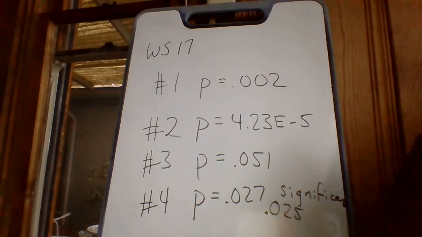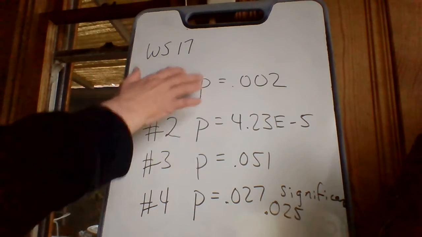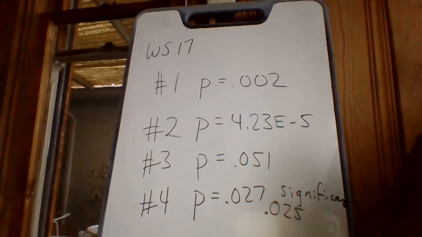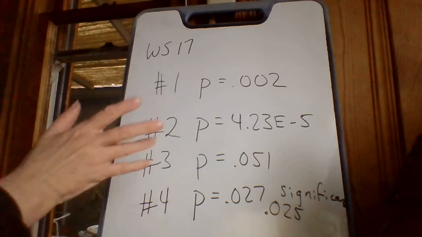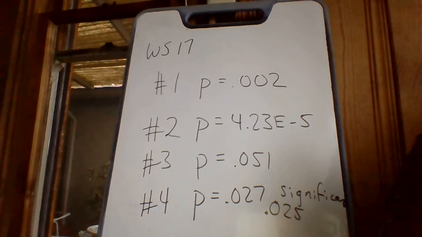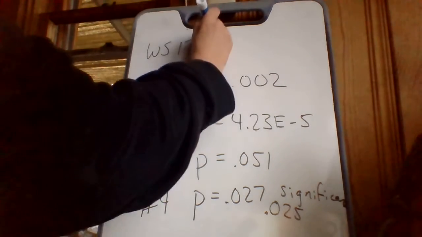Okay, worksheet 17. Worksheet 17 is on finishing up those hypothesis test questions. Sometimes you have to read your conclusion, okay? Your calculator is always going to give you one of these P's, and then we're going to have to write something down. There's only two options. You either say